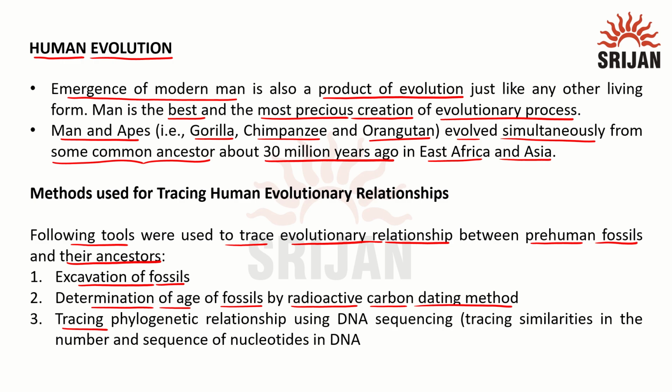Third is tracing phylogenetic relationship using DNA sequencing, that is tracing similarities in the number and sequence of nucleotides in the DNA. All these help us get an idea of what the relationship is, or from what year we started to diverge from the ape ancestor,